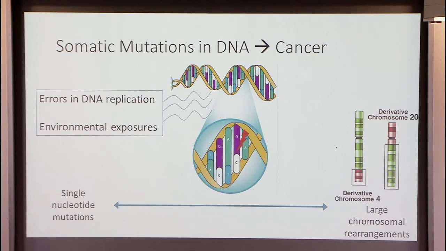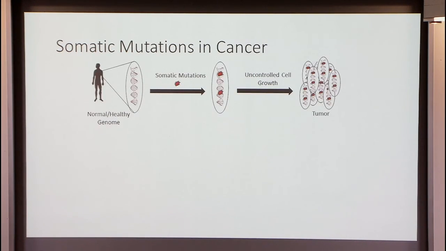So these mutations can go on a large range of scales. Of course, the chromosomal rearrangements that you saw in the previous picture, but all the way down to just single nucleotide changes. So somatic mutations, most benign, but some give the cells that have them a selective advantage. They grow faster than the other cells in the tissue, and they'll start to grow, acquire perhaps additional mutations that give them further selective advantage and lead to a full-blown tumor.